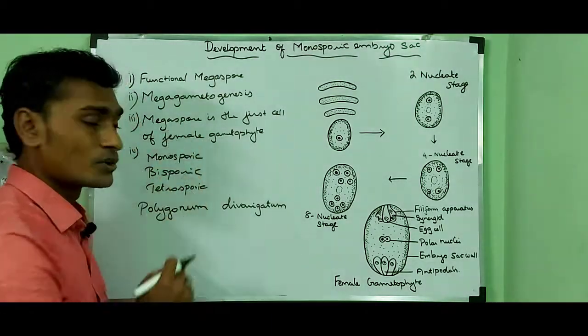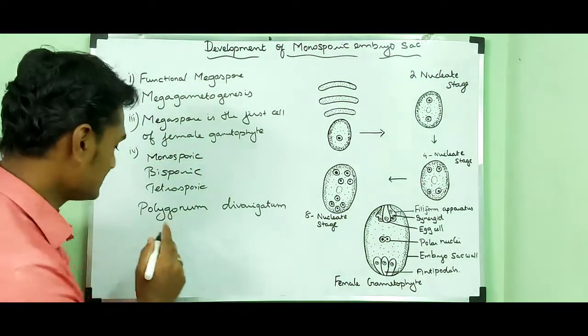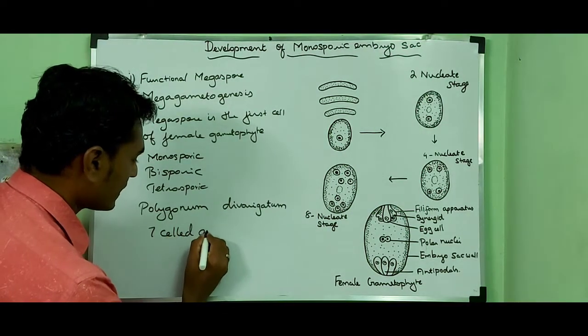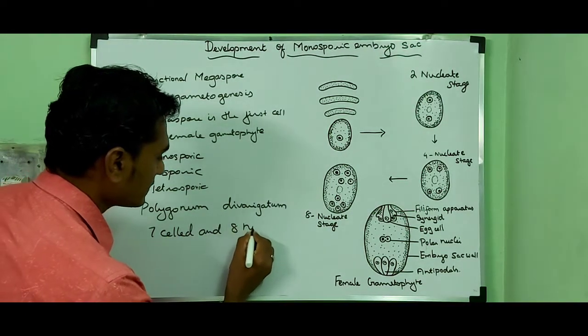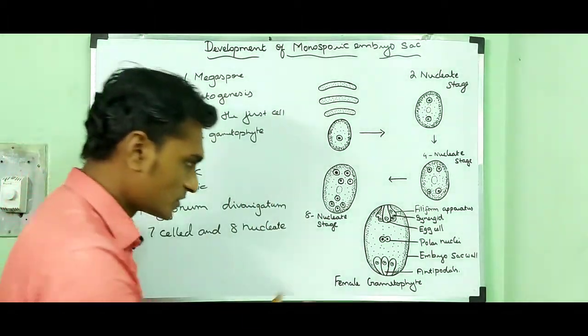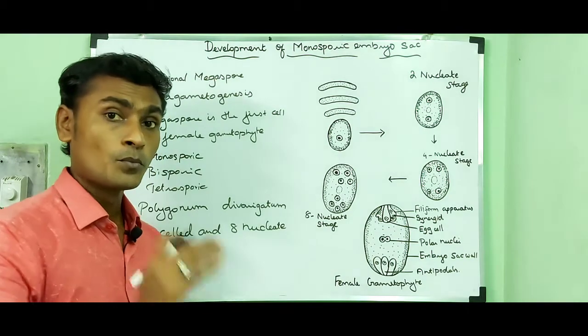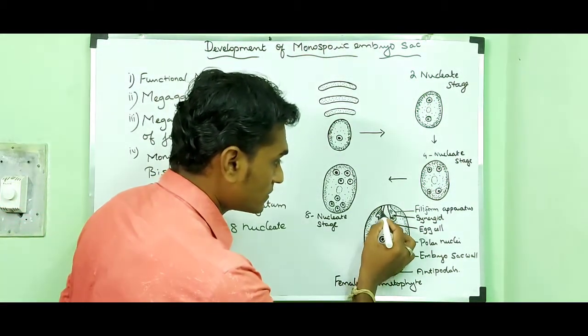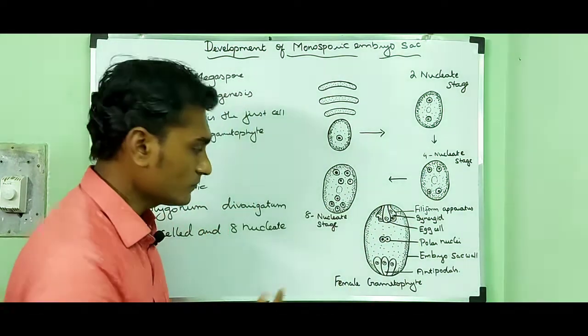This monosporic embryo sac is a 7-celled, 8-nucleate embryo sac. This is the structure of the monosporic embryo sac, which contains 1, 2, 3,